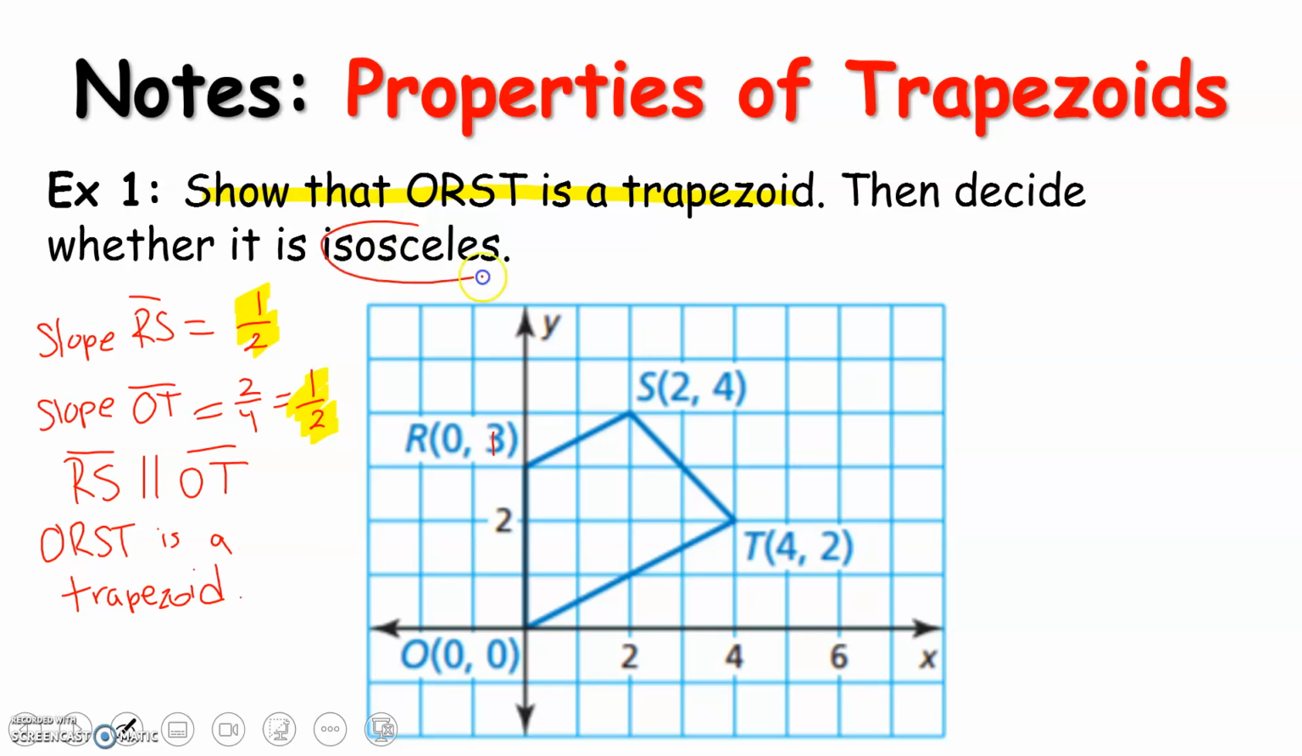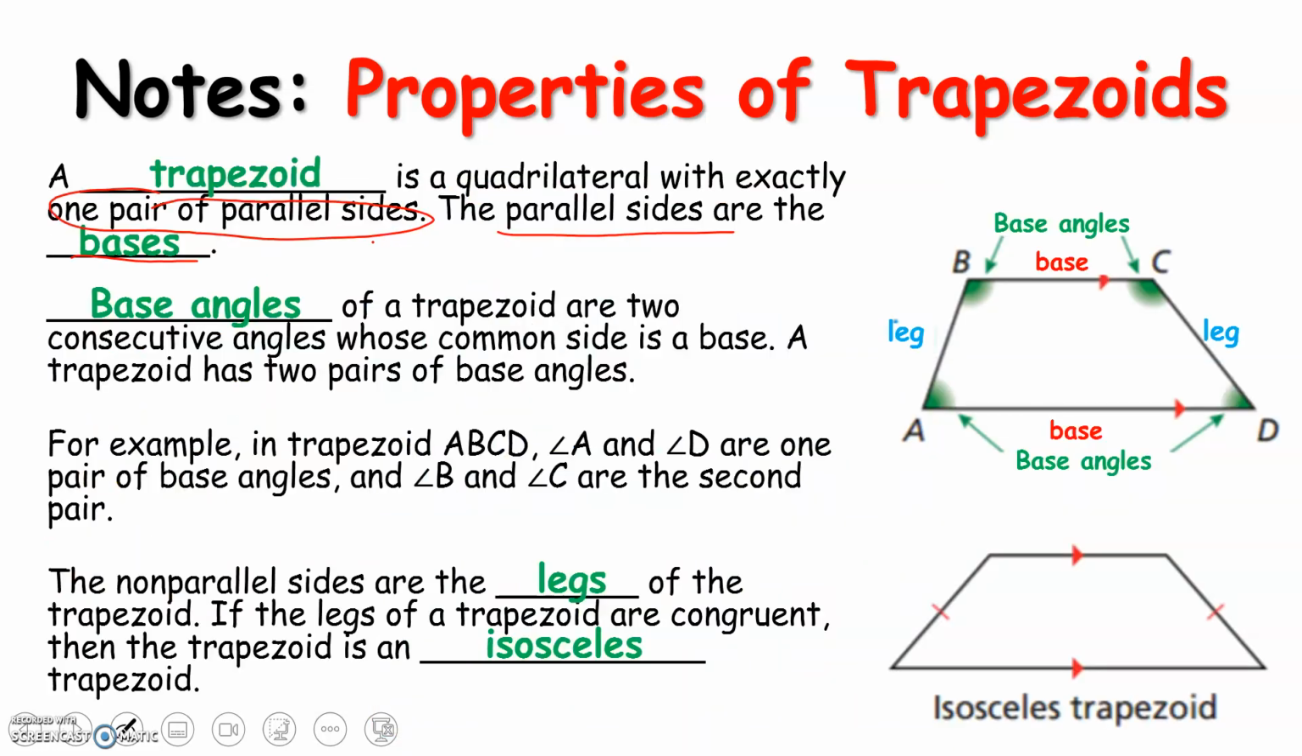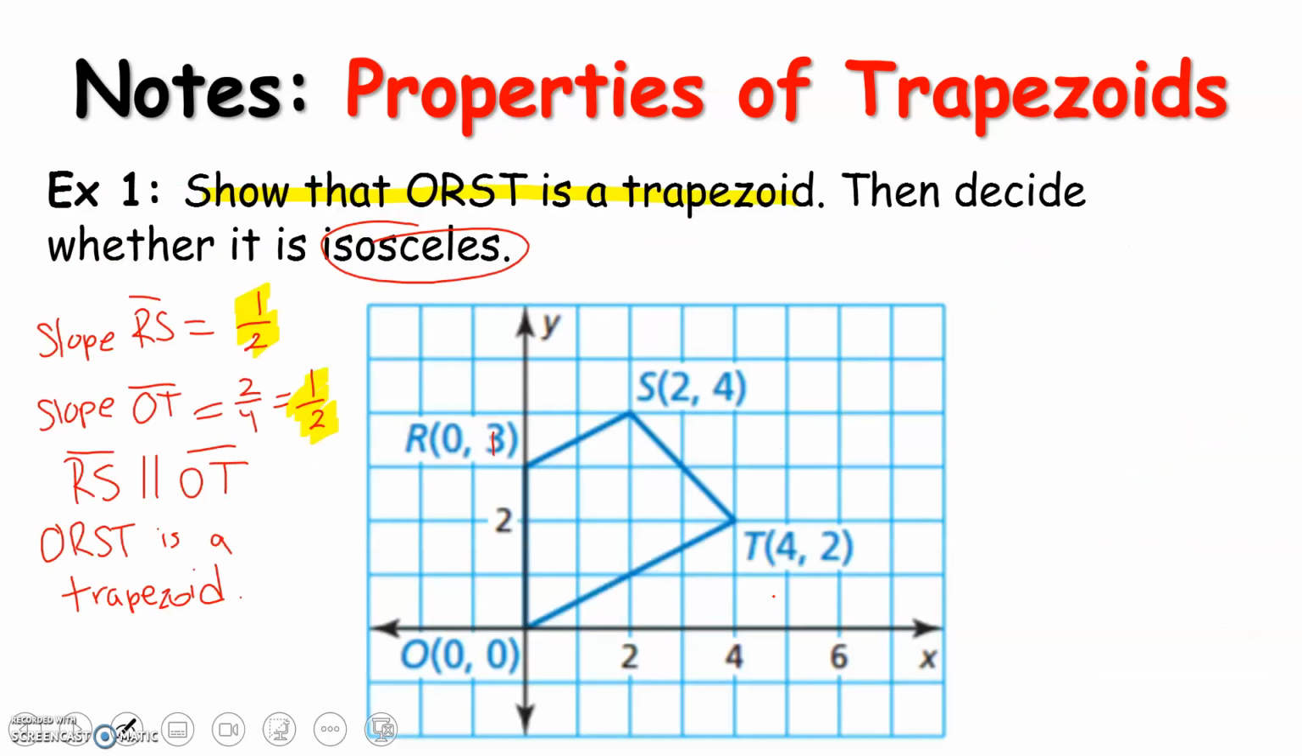Now we want to determine if it's isosceles. Now, an isosceles trapezoid is one that has legs that are congruent. So we want to figure out how long this side is versus how long this side is. If they are congruent, we will say isosceles. Now let's start with RO. And it is, using the distance formula, x2